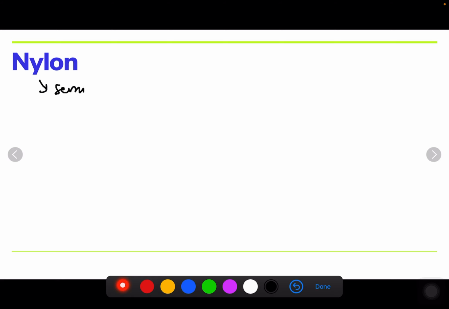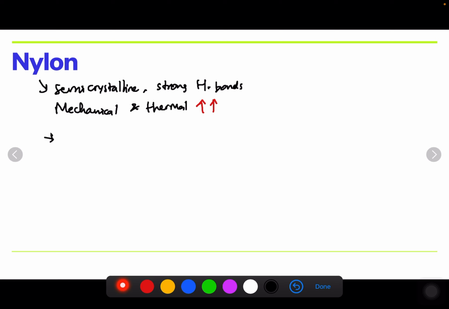Right. So my crystalline. Forgot the shortcut. Always mix out with the other apps. Strong hydrogen bond. Mechanical and thermal. It's good. Okay. It's on